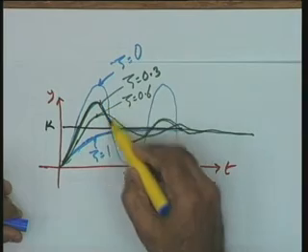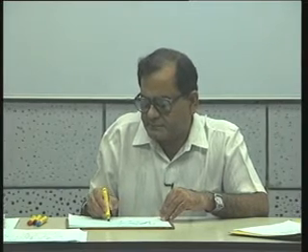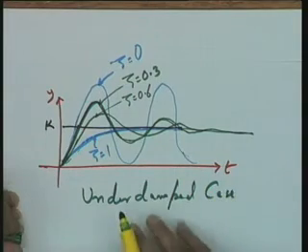So, you find that the green curves correspond to the situation zeta greater than 0 and less than 1, the so-called underdamped case. And most of the situations in control systems belong to this particular subclass. That is, this is the requirement normally you impose on the control system. You can see at this juncture why you impose this requirement on the control system.